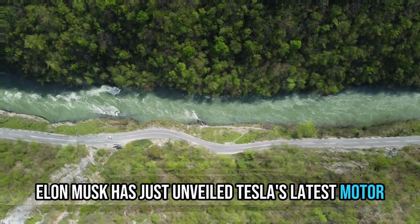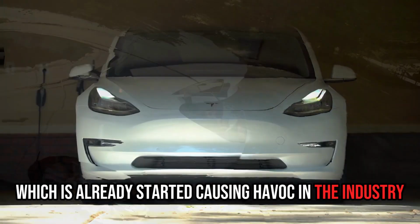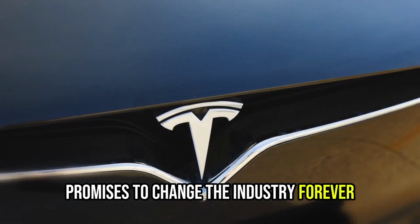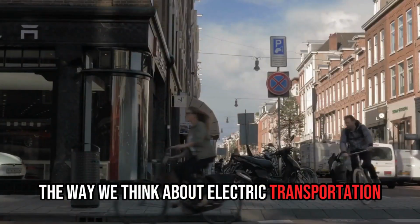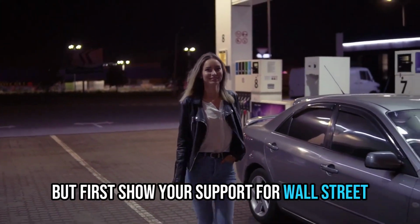Elon Musk has just unveiled Tesla's latest motor, which has already started causing havoc in the industry. It's time to witness how this groundbreaking drive unit promises to change the industry forever, undoubtedly revolutionizing the way we think about electric transportation. Let's talk deeper about these things, but first,